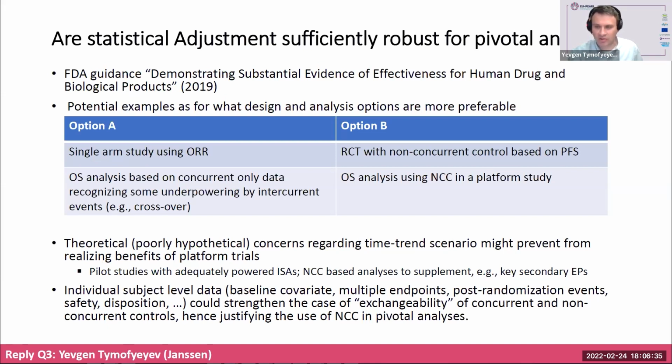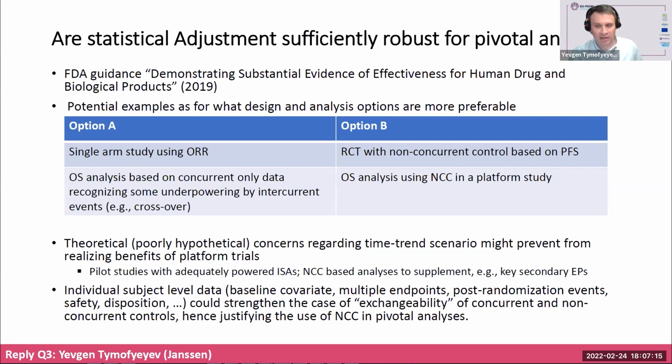And for the first row in this table, I just said, okay, it's quite common. It's often the case in oncology studies where there is a medical need situation. The single arm study with objective response rate is viewed as adequate evidence for accelerated or conditional approval. And then as more treatment becomes available, the field matures, and the disease is handled better, the level of evidence naturally can be raised, requiring a randomized head-to-head study. And I think it's reasonable to assume that somewhere in between this increment, an NCC type of design would be appropriate.